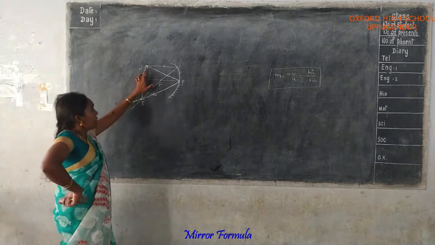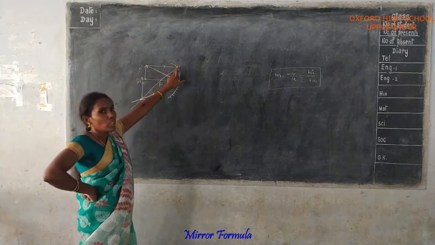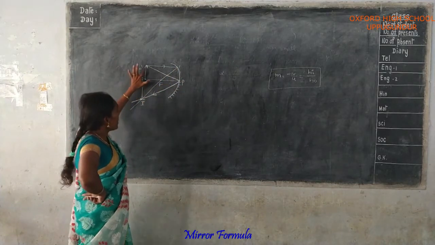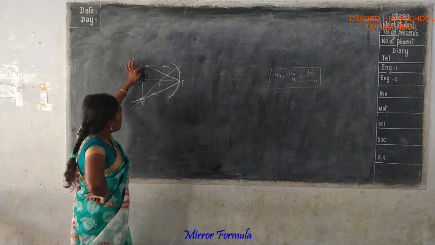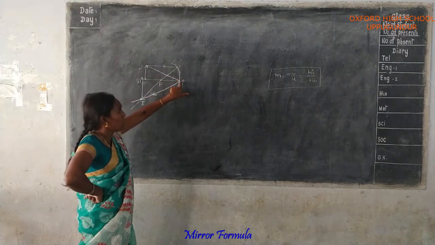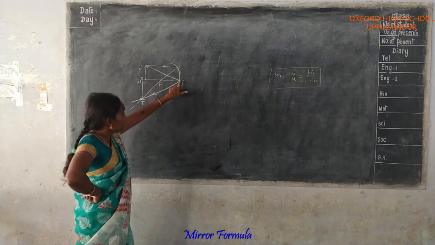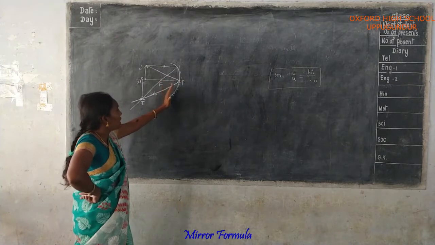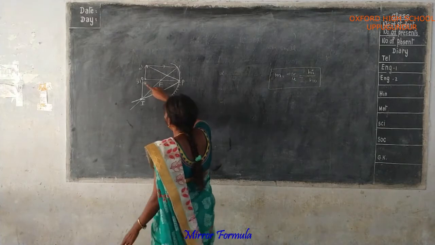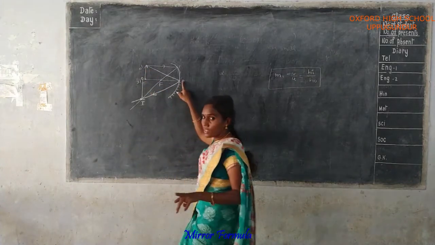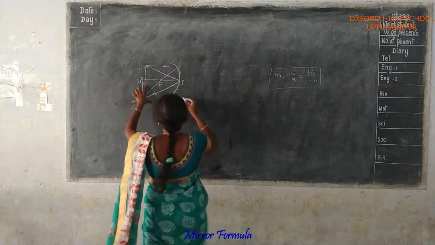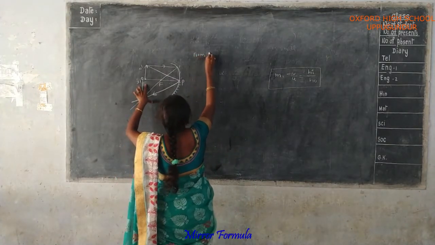Now see, the first light ray coming from the object is incident on the concave surface. After reflection it passes through the focus. The second light ray comes from the tip of the object and makes a certain angle with the principal axis at the pole. The reflected ray will also make an equal angle and reflect back into the same medium. Here O dash P is one triangle, and I dash P is the second triangle.